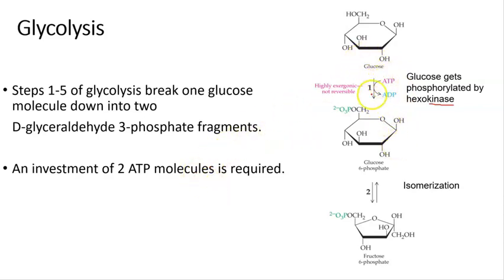There's an initial investment of 1 ATP here, and I'm going to show you on the next slide. We'll see the investment of another ATP molecule in a second. So this reaction, what essentially that first compound happens, and then this next isomerization reaction happens. So that's the glucose 6-phosphate. The second step is going to be